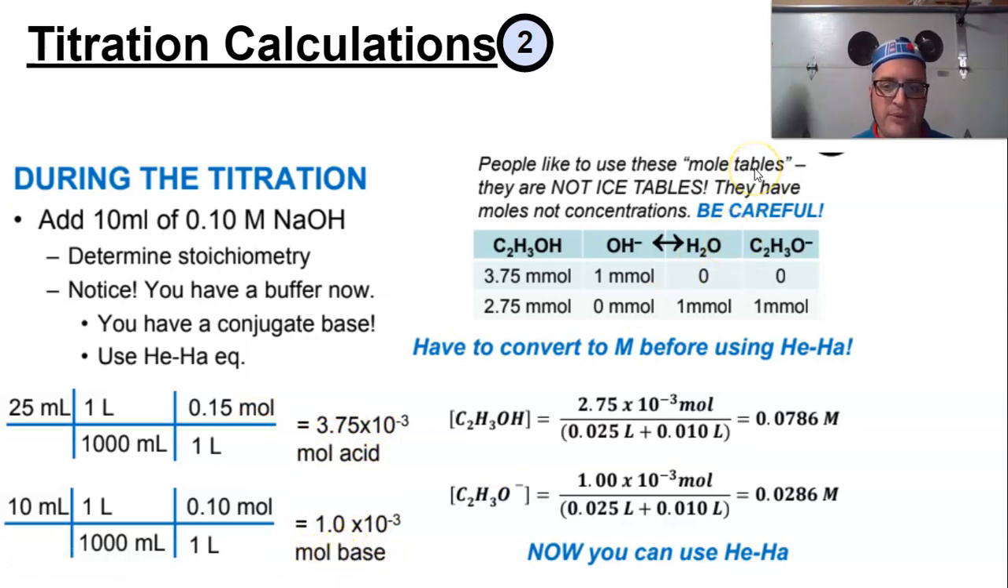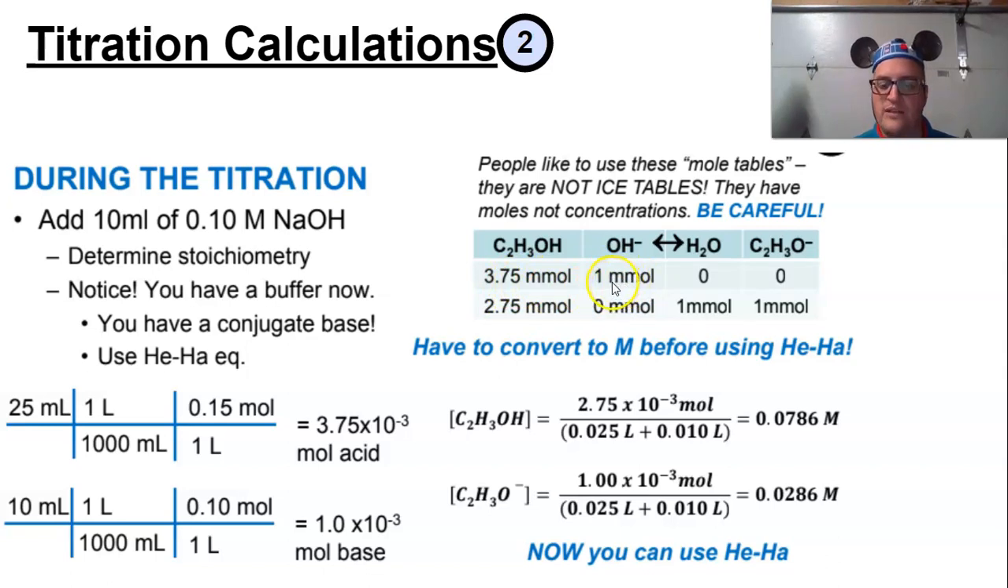These are mole tables, not ICE tables, essentially because we have no X going on. You can see they use millimoles. Millimoles would be 10 to the negative third. That always confuses me so much, but I wanted to show it to you in case you're comfortable with it, because then you're just dealing with regular integers and decimals. So 3.75 times 10 to the negative third,